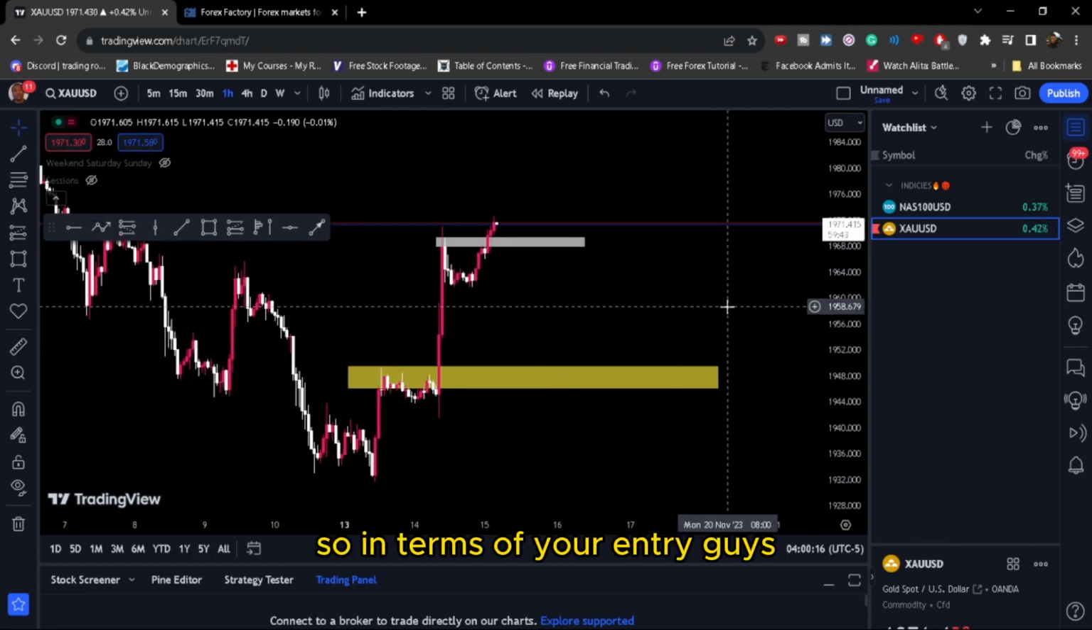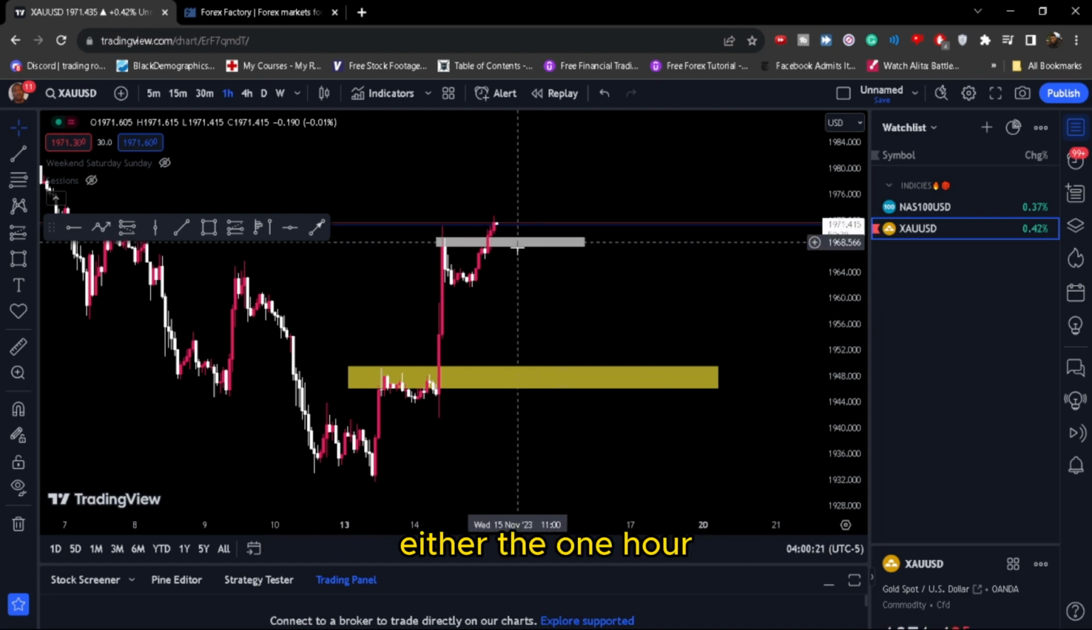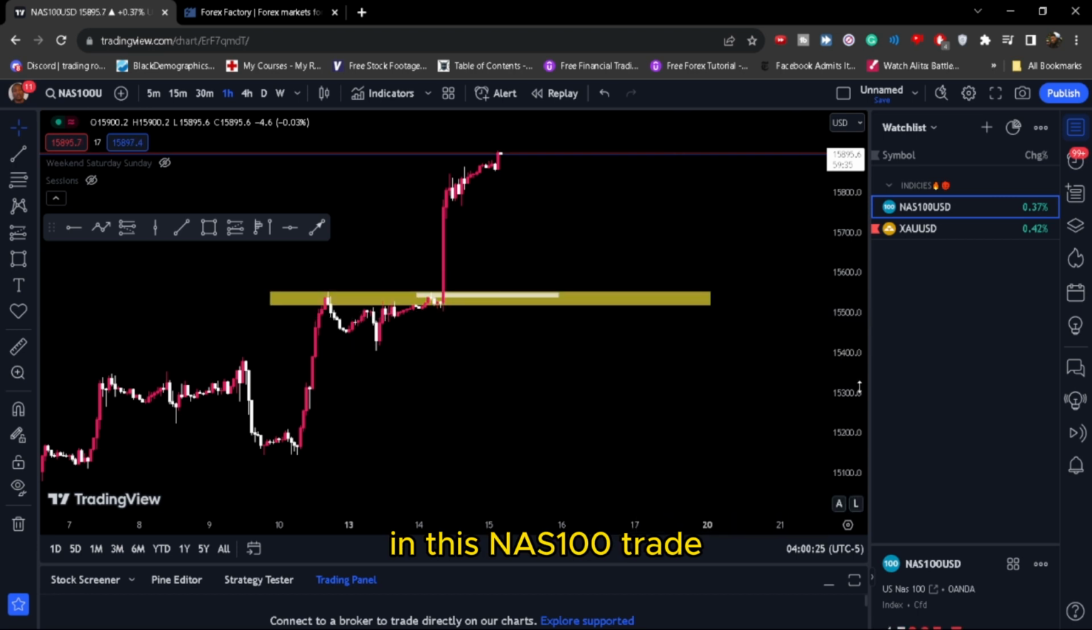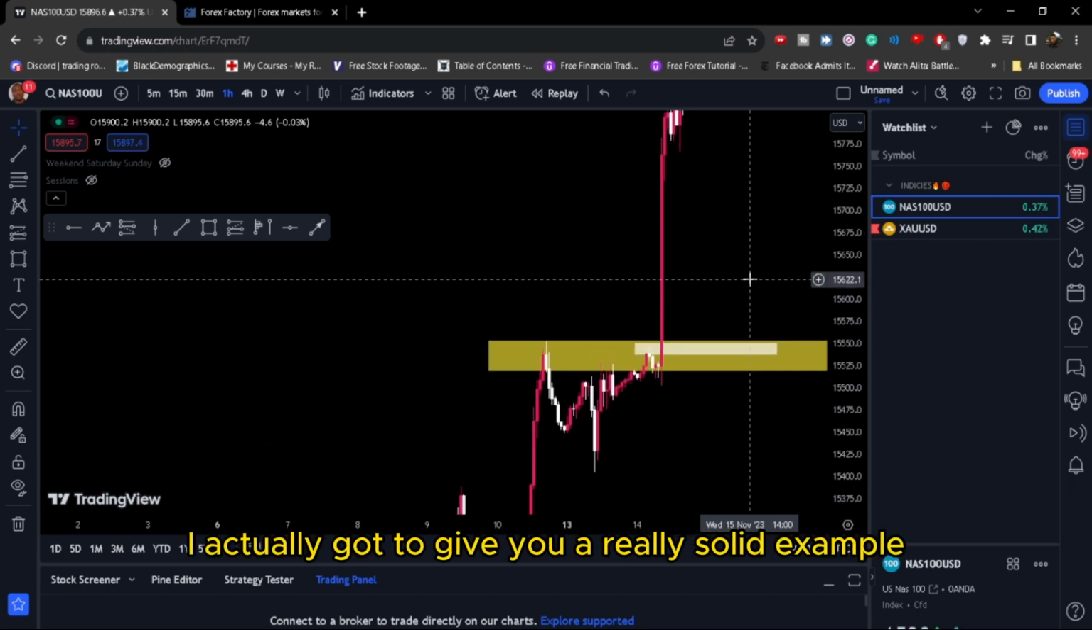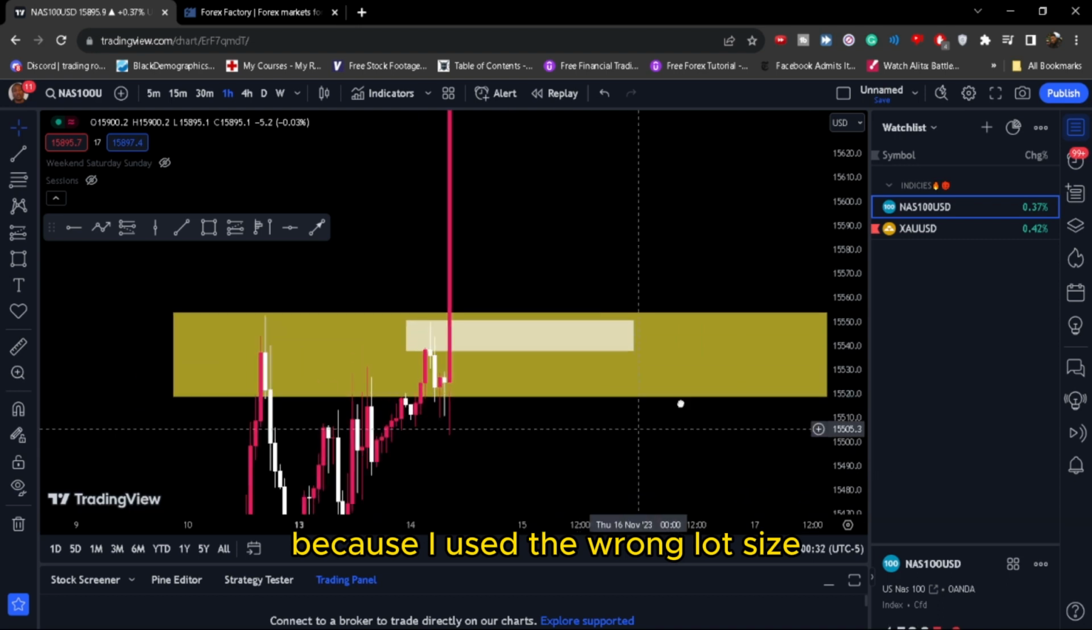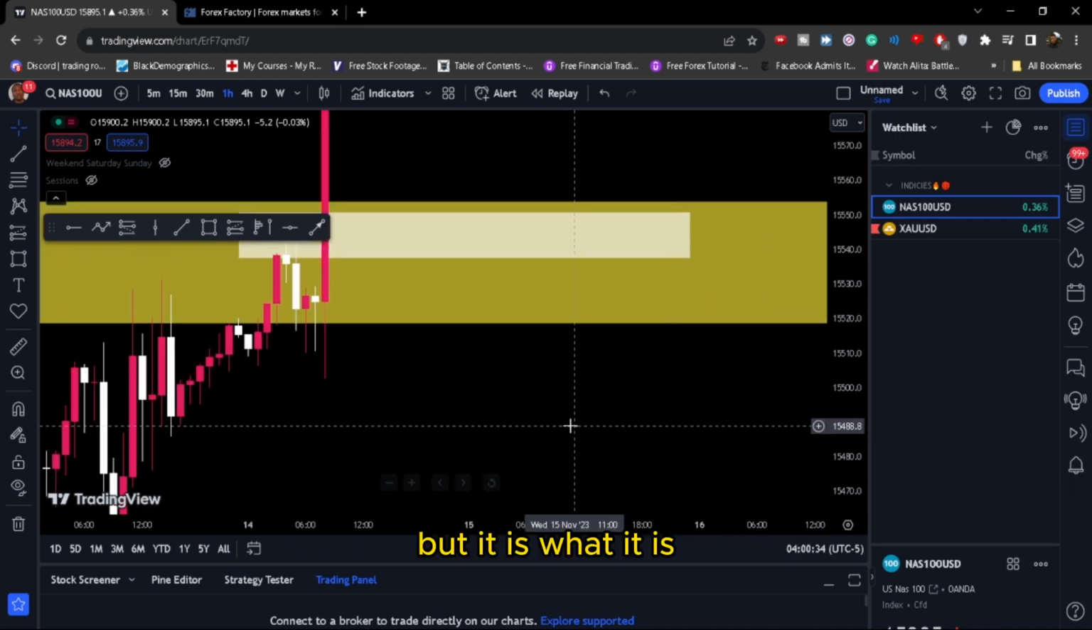It's really that simple. So in terms of your entry, guys, our entries are basically coming from either the 1-hour box or the 4-hour box. So for example, in this NAS 100 trade, I'm actually going to give you a really solid example. I actually lost this trade because I used the wrong lot size, but it is what it is. But basically, guys,